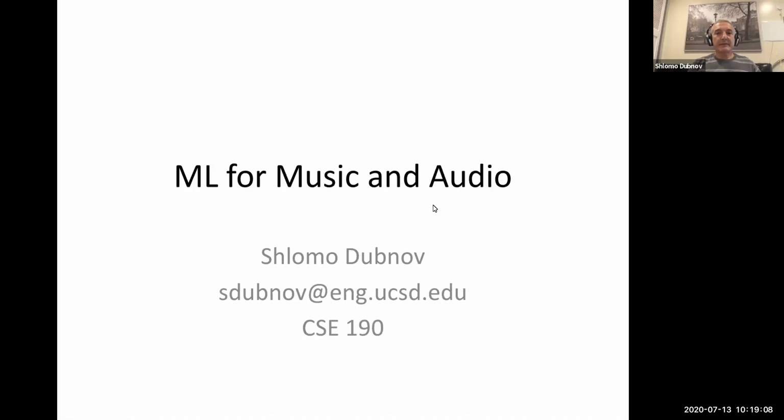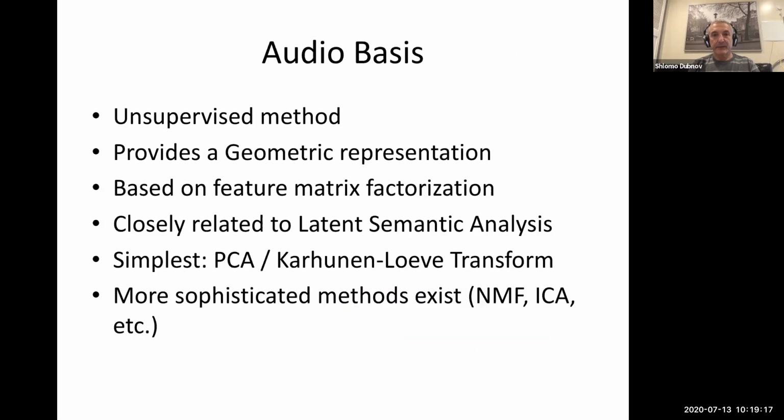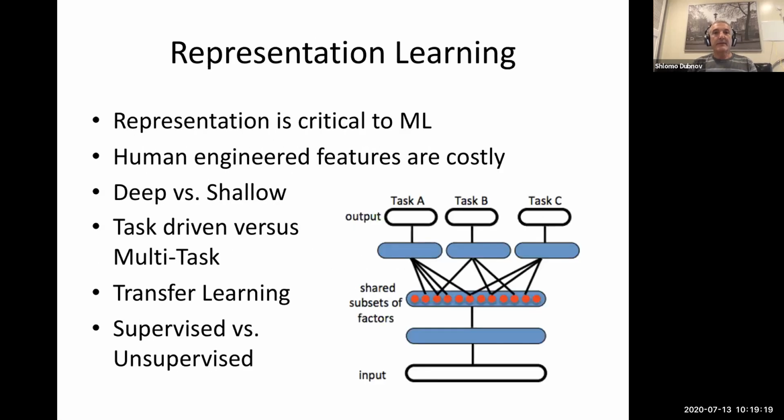So for the second half of the class, we're going to talk about autoencoders. So what is an autoencoder, and what is representation or feature learning? The idea of representation learning is really critical to machine learning